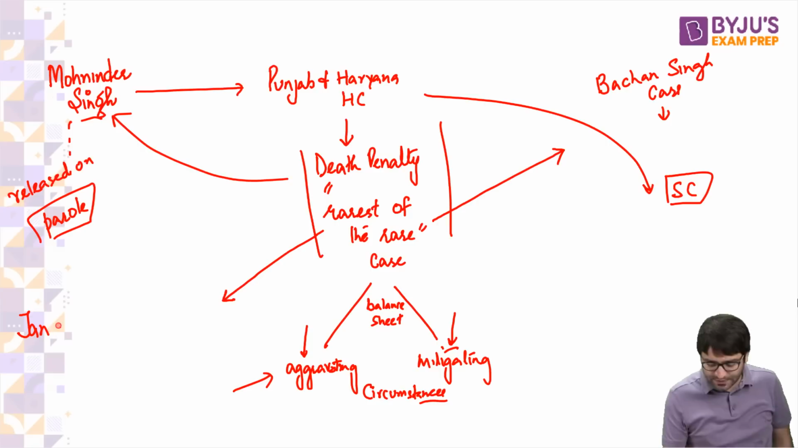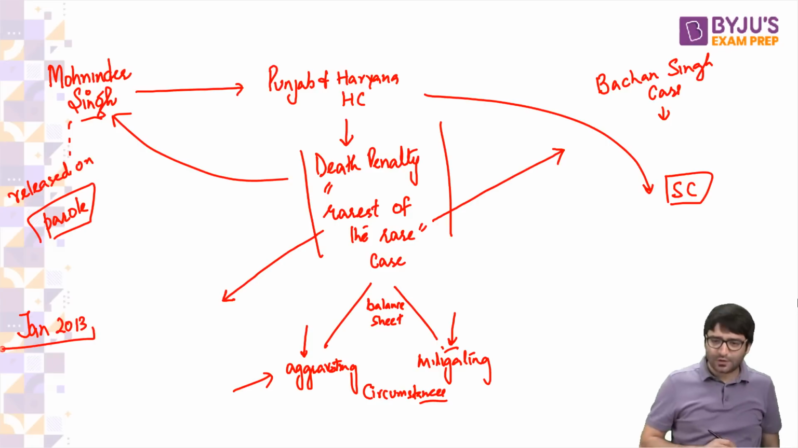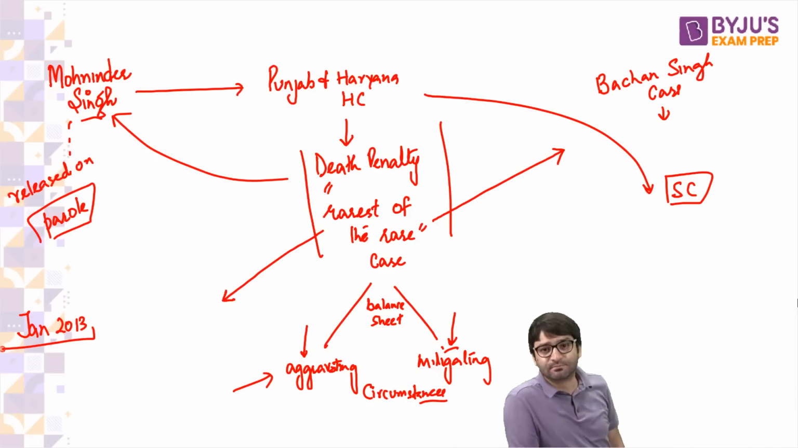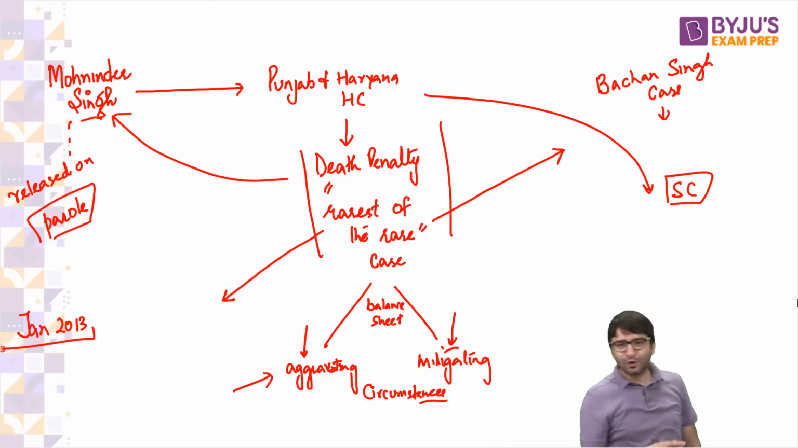January 2013. Two judges of the Supreme Court, Justice Sathasivam and Justice Khalifullah. These were the two judges who were hearing this case. The judges said, no, this is not the rarest of the rare case. Moninder Singh should not be awarded death sentence. Moninder Singh should be awarded life imprisonment. This was January 2013. Two weeks later,